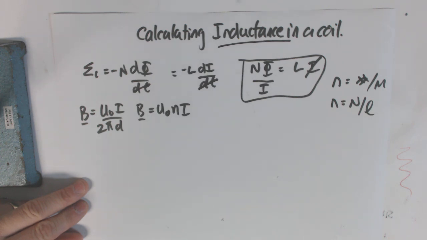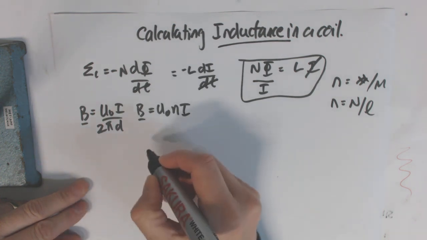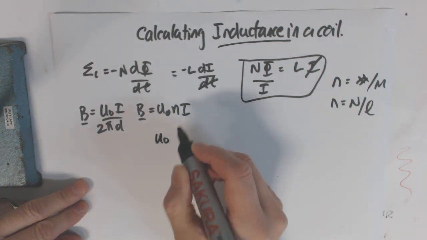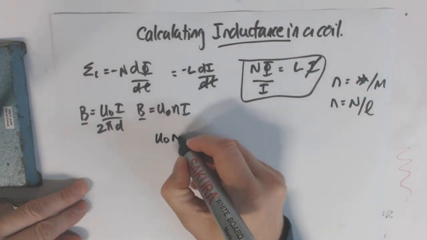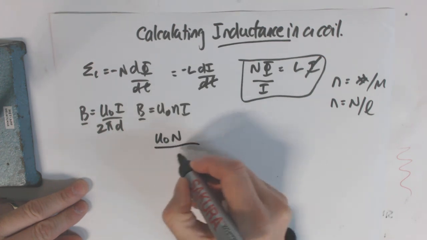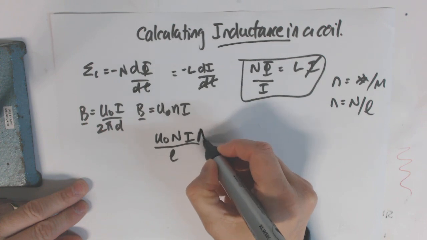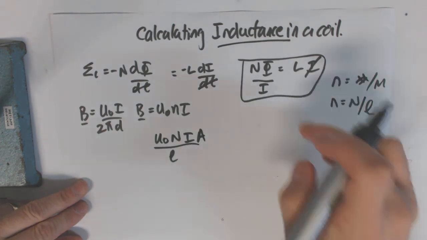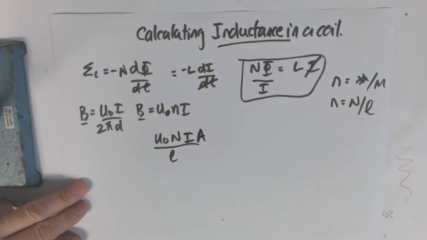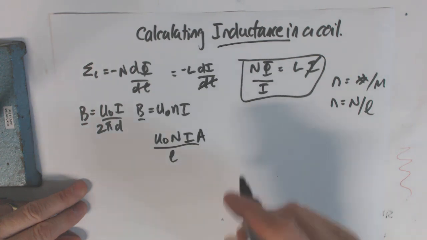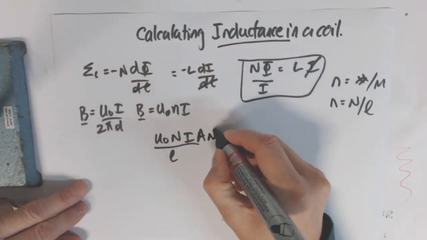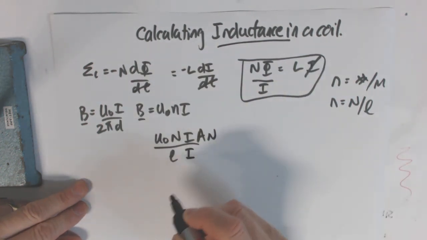So then we're just about there, really. So mu naught little n, I'll put the big N back if you like, which means we have to put it over L times I, that's the flux, times the area, that's flux. We have to multiply that by another N, don't we, because we got that, and I is underneath there,